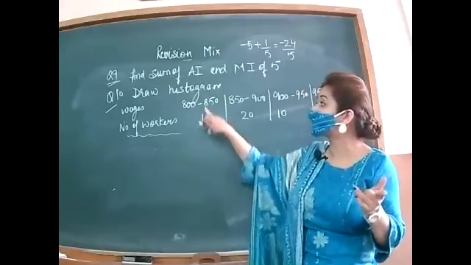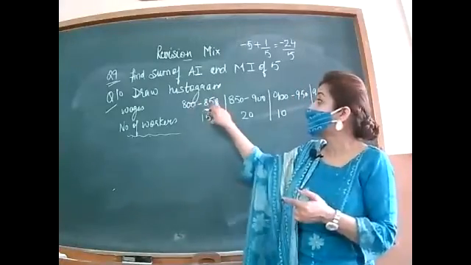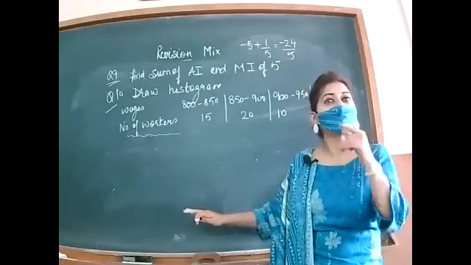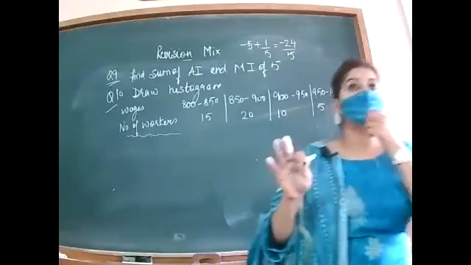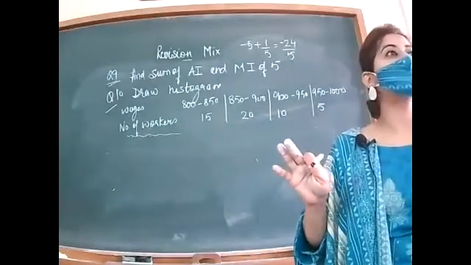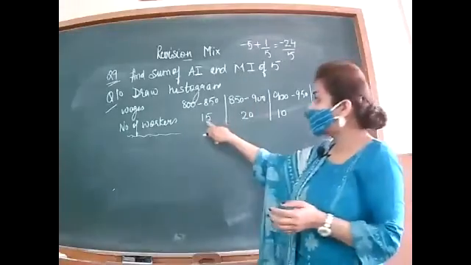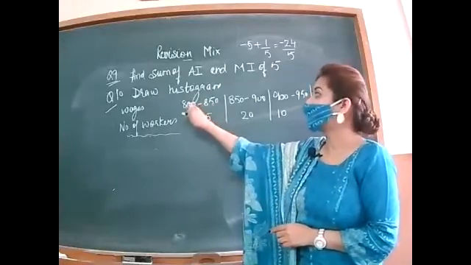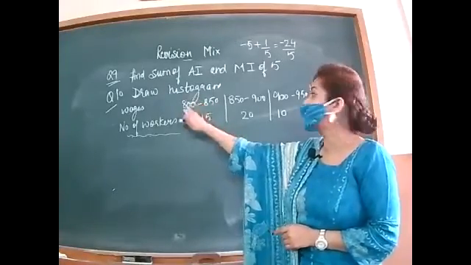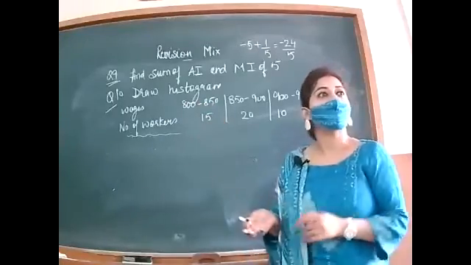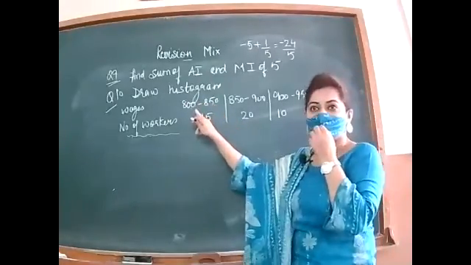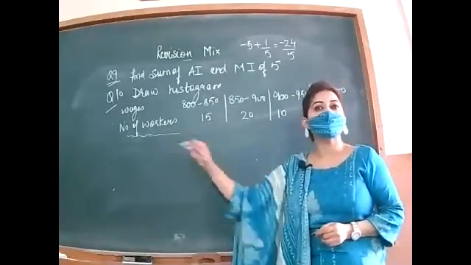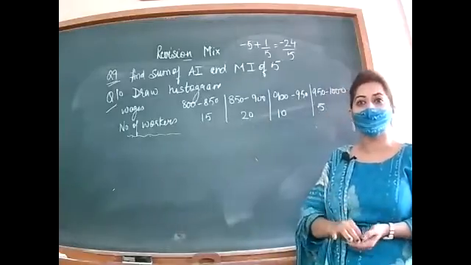So 15 workers are having their wages, salary. Salary is wage. Wage means, can you tell me the difference? Daily income. Salary is on the monthly basis, but wage is on the daily basis. So 15 workers are getting their payment daily in between these two, maybe 815, 820, 830. Their wage can lie between them. So number of workers are also called frequency. Got it?